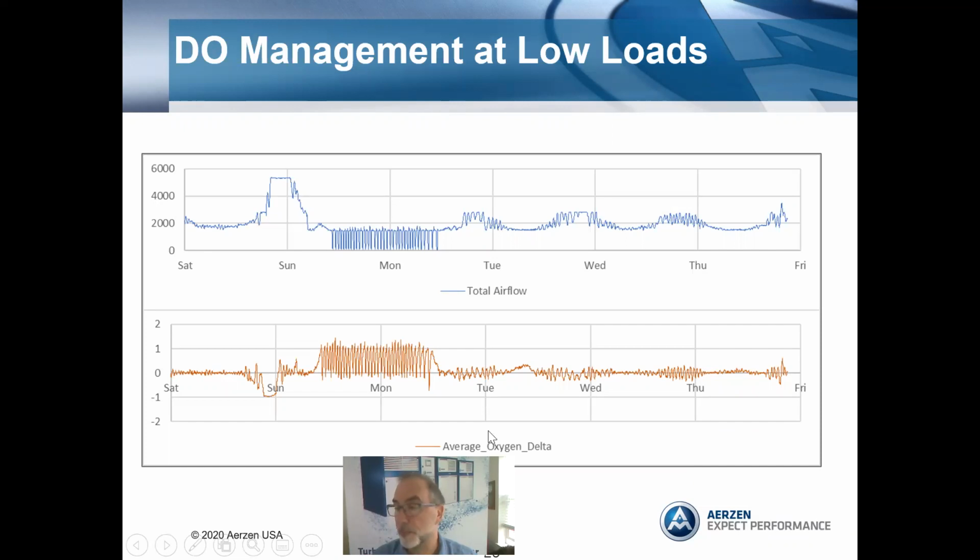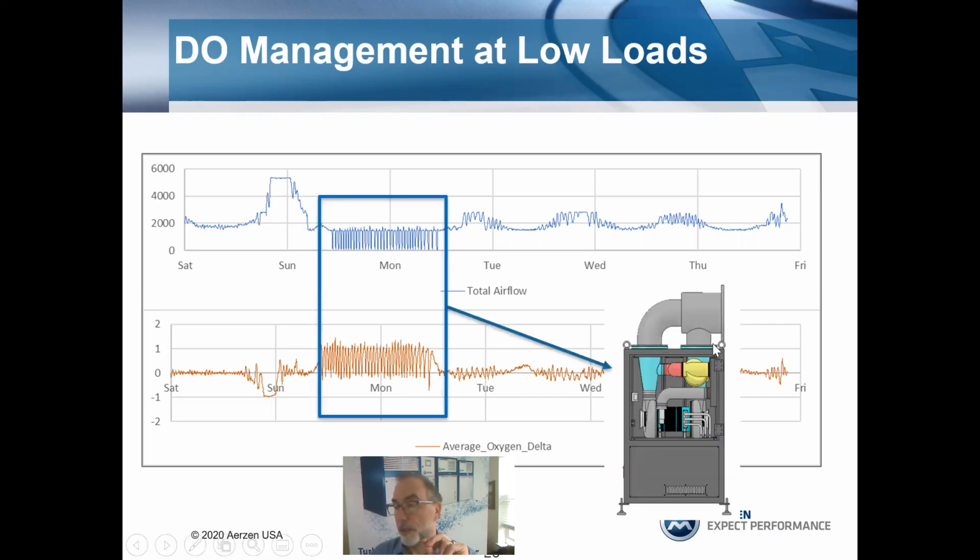And so what took place during those periods was the way that the master control panel was controlled. For that zone, the turbo blowers were unloaded and reloaded. This blower has the capability of basically running at idle, where the blow-off valve opens up and the RPM of the blower slows down to a bare minimum. So it's like you're running in neutral. The comparable control mode for a magnetic bearing blower would be to basically be in a no rotation mode, where